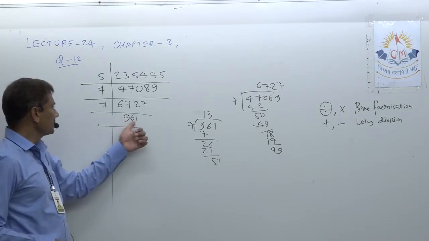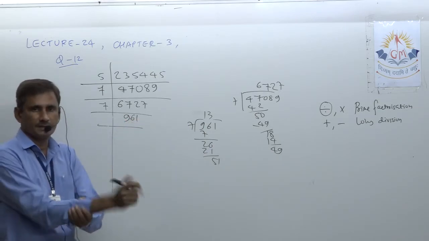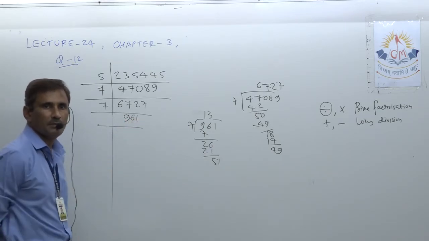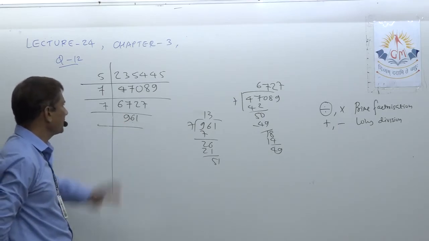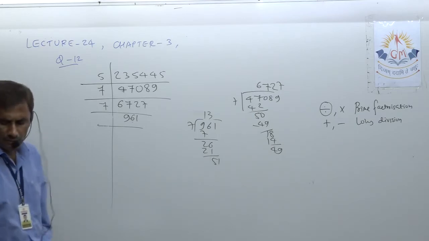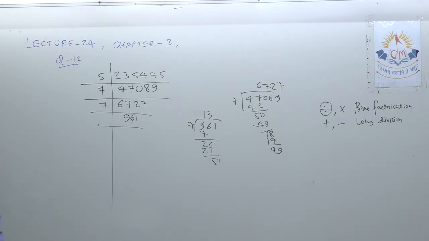Okay, it is 9 plus 1, 10, 10 plus 6, 16. So not divisible by 3, not divisible by 2, not by 5, not by 7. We already tried here. Okay, so now look for 11 or other numbers. So let's try and think up to what number we have to go.